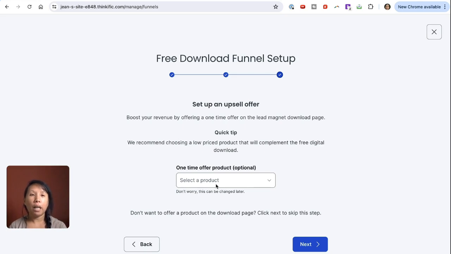So maybe they are going to give you their email address, but you can say, hey, do you want to check out my template for $4.99? It shows you how to read every step of your human design chart. So then if you have a product, you can select it here as an upsell to their free PDF ebook